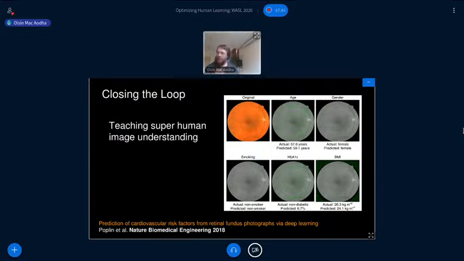And one more example, I think a future challenge but also a cool future direction, is closing the loop with the deep networks we have now for doing discriminative learning. For example, here's a paper from two years back where they showed that they were able to classify properties of images of the retina that weren't thought to be possible to determine visually before. They could determine the age of someone quite accurately, or the gender, or their smoking status. So here's a scenario where we can train models with large amounts of data to perform these tasks, and this gives us the potential to close the loop, where we could go back and teach humans to do these types of tasks that maybe weren't previously thought achievable.